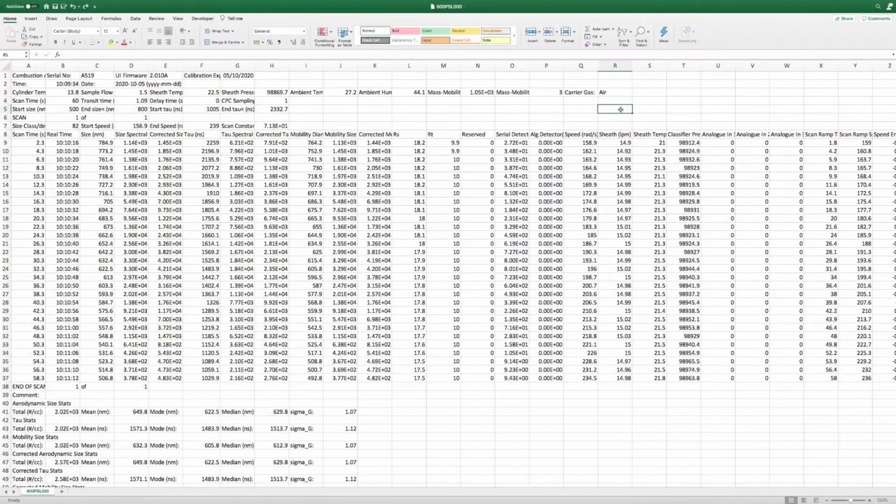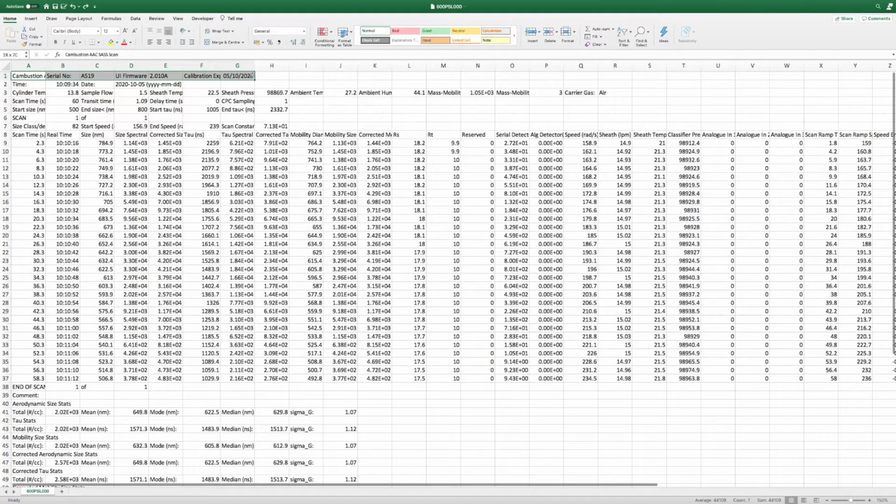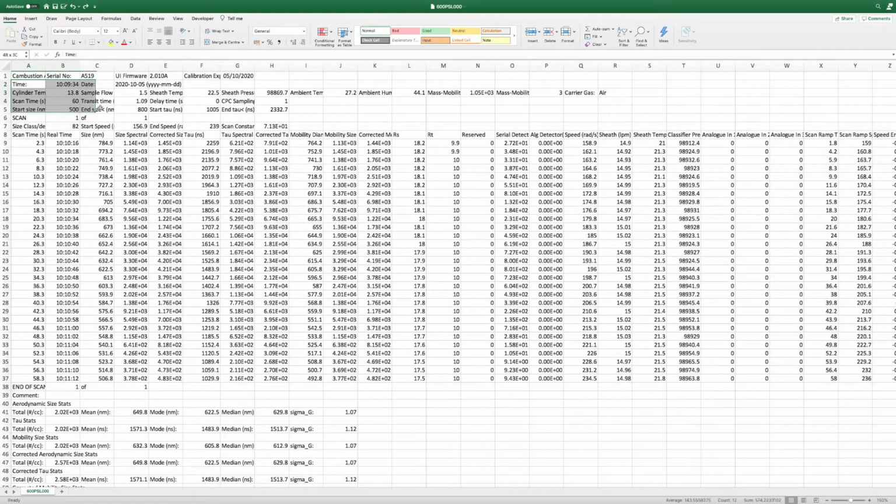So the data file of the PSL scan I've just recorded is just a plain tab delimited text file. It doesn't need exporting into any other format before you can use it. I've chosen here to use Microsoft Excel, but you can use any data handling package you like, such as Igor, Scilab or MATLAB. The top of the file is a header pertaining to the particular instrument, and then there's information about the particular scan we've just taken. Below that, there's one line per size point in the file.